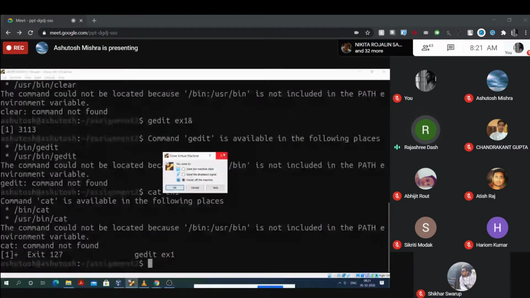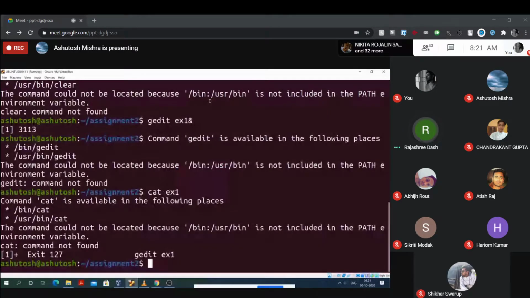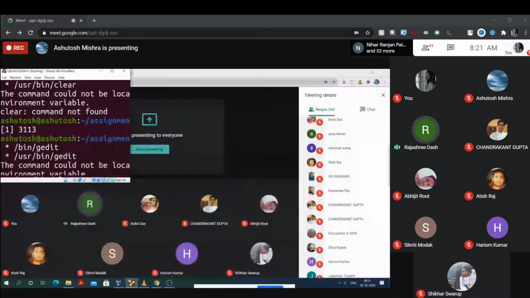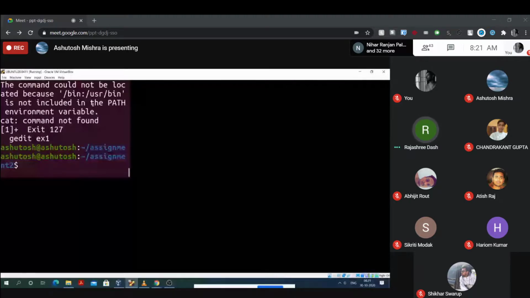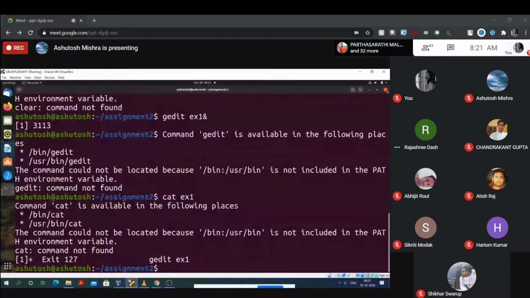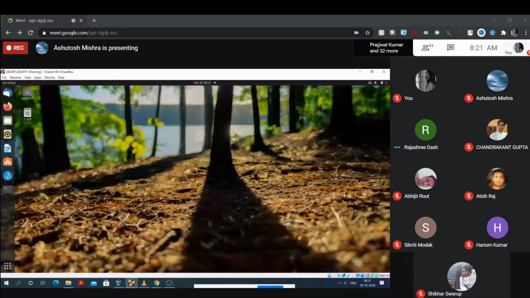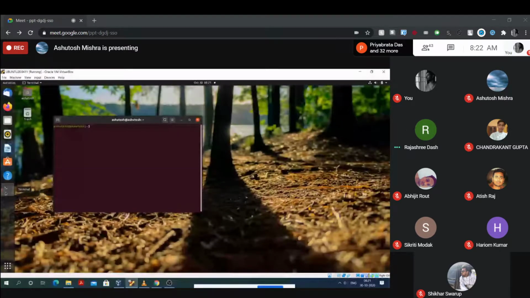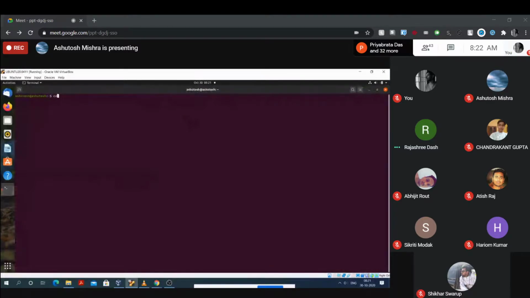Close the terminal and open it once again. Go to assignment 2.